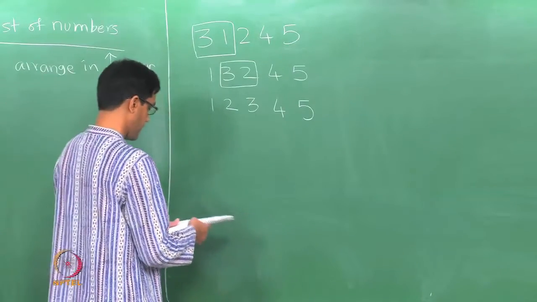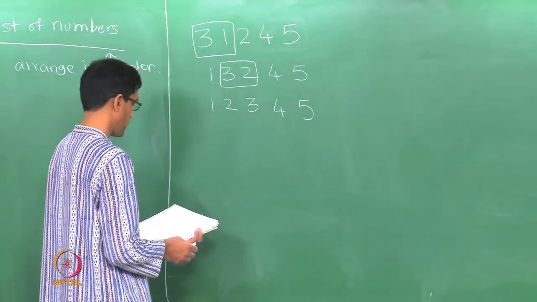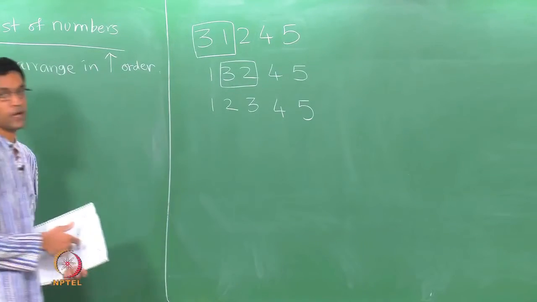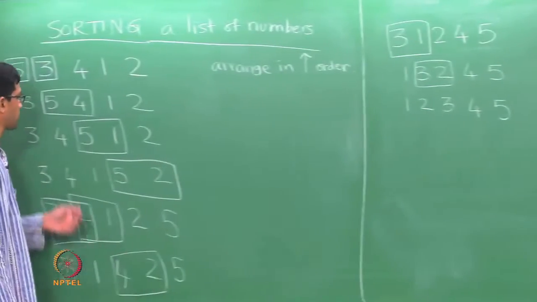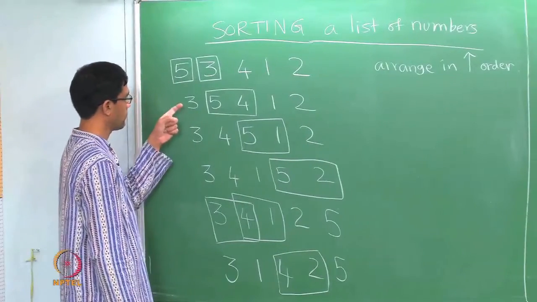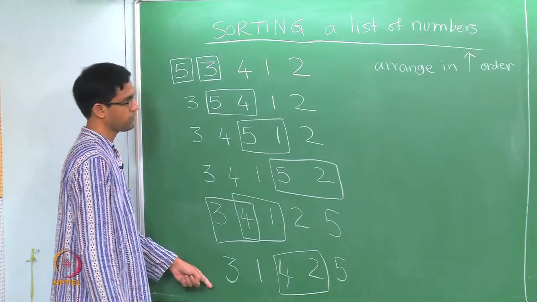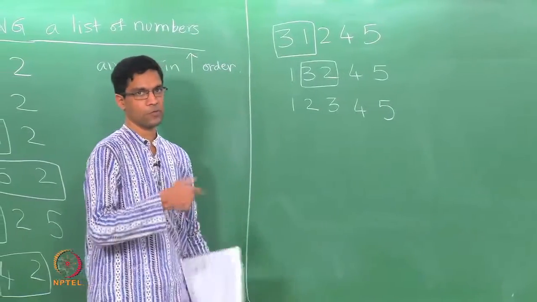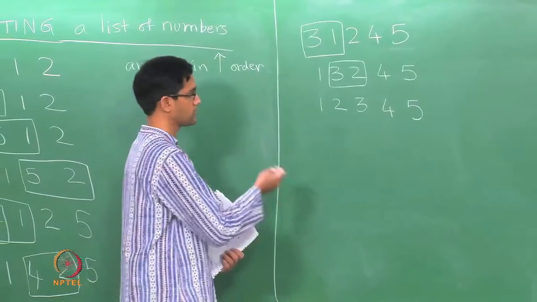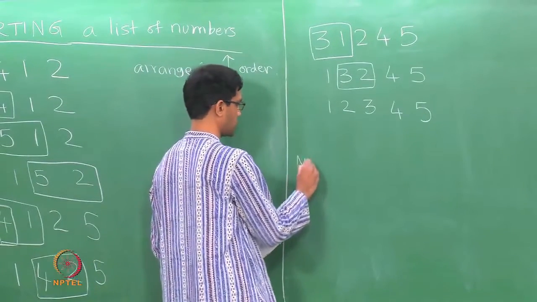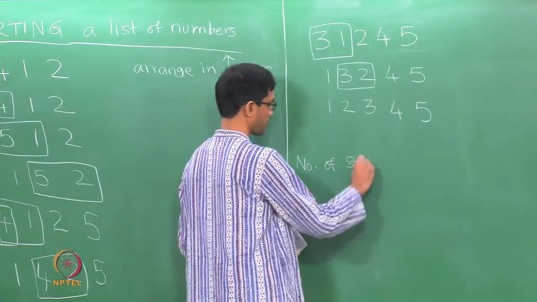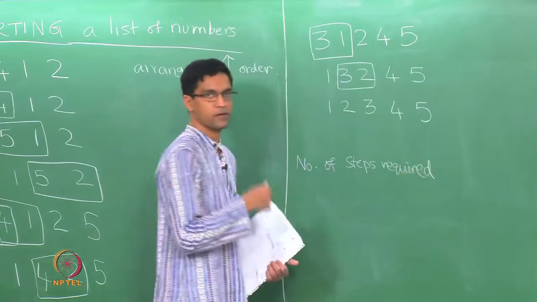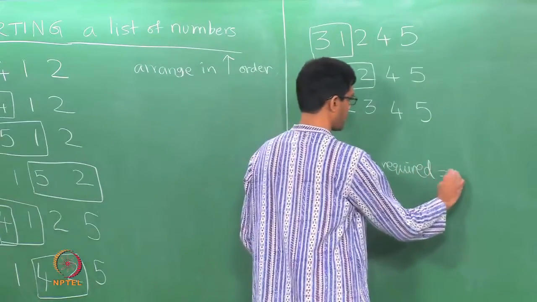So now here's an interesting observation regarding this. If you look at the total number of steps that it took us to get to the correct answer. Okay. So let's see what happened. You started with the given list. Now step 1, step 2, step 3, step 4, step 5, and then you have step 6, step 7 and step 8. So when you perform this algorithm 8 times, you get to the list in ascending order. So let's write that down. So the number of steps required for this particular algorithm, where you compare adjacent elements, turns out to be 8.